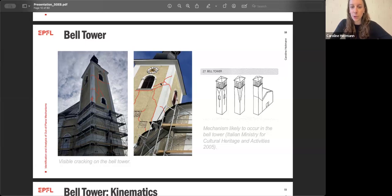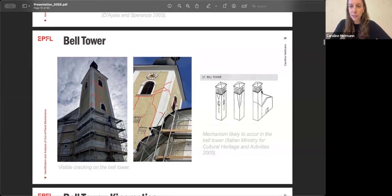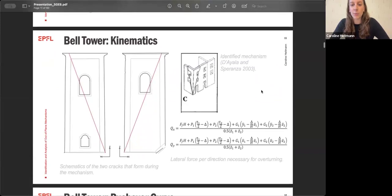And you can also see some cracking, more horizontal, at the intersection with the body of the church, which is going to be some of that pounding motion, as you can see in this rightmost image for the abaci. And so this correlates with some of the mechanisms that we'd expect to see in the bell tower. And so using this geometry, we can then develop some equations